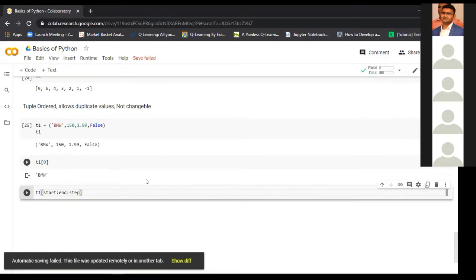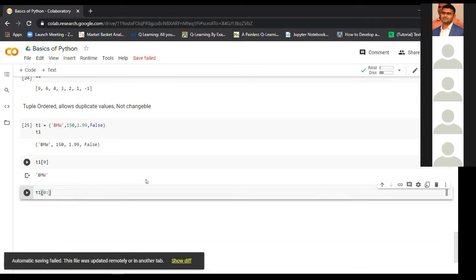Yes, any questions? Okay, we'll continue. So now we have to access the first two elements. Let's say 0, we are going to start from 0. The start is inclusive, which means that the start will be considered, but the end is exclusive, which means that the end will not be considered.